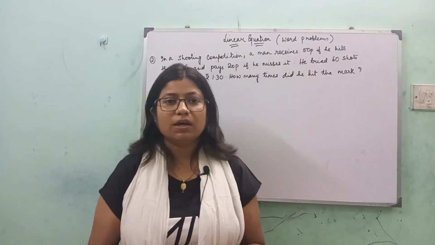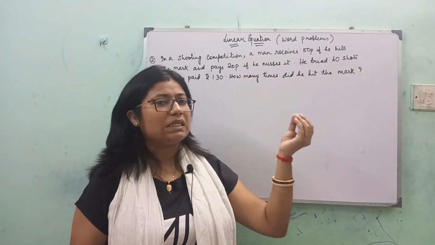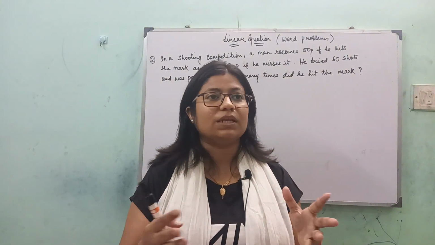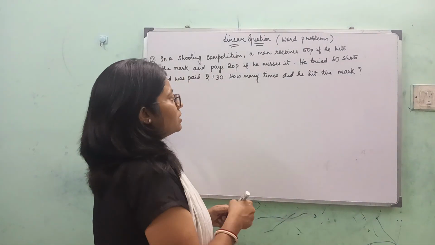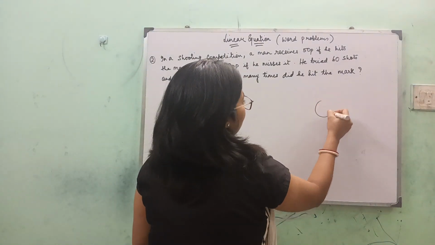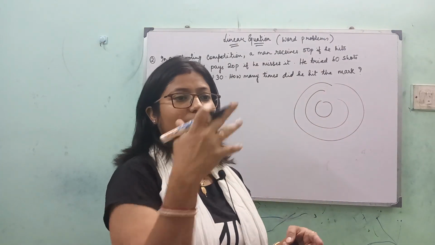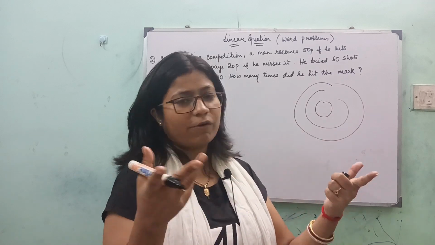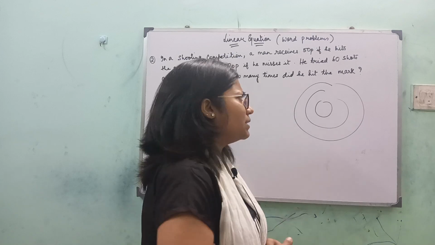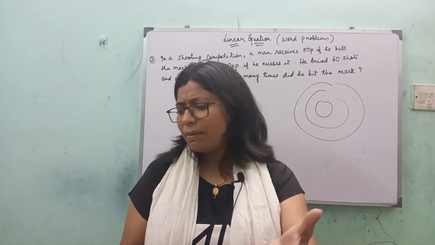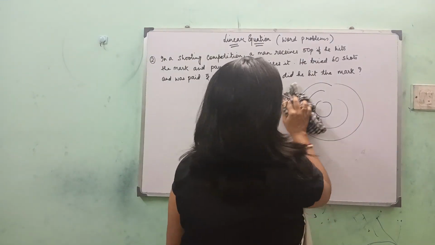Okay, a very easily relatable sum that you will see in the normal fairs that you go to. You will see there is a circle with black and white concentric circles, and you have to shoot it. Some of you have tried it also. In some cases you are given gifts, and in some places you are given an amount. Okay, very little amount, but you are given some amount. So it's such a kind of sum.